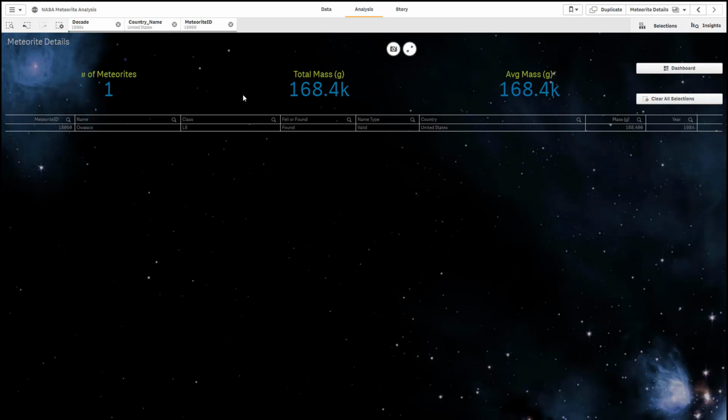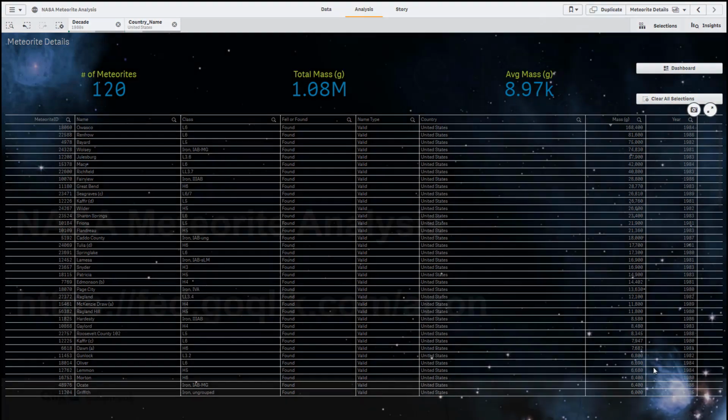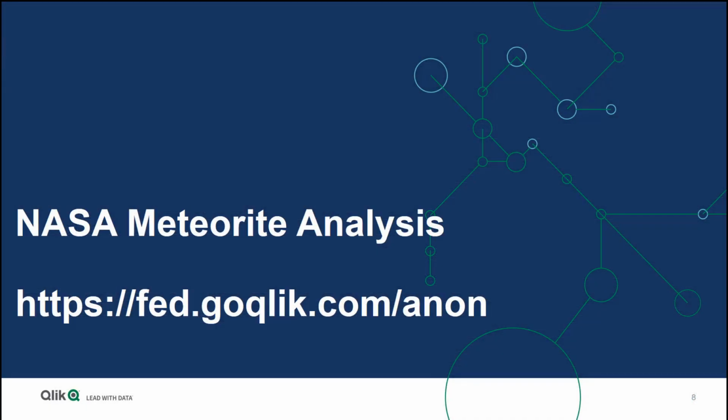it fell. And if I'm interested and I want to look at every detail across all of the 120 meteorites that fell in the 1980s, I can go ahead and clear my meteorite selection, and now I'm looking at that information. You can find this particular app on our public site, which is found at